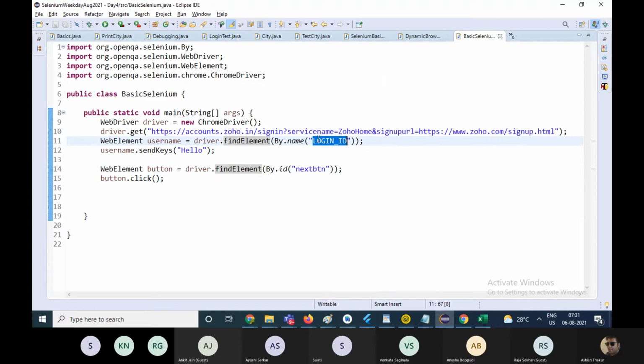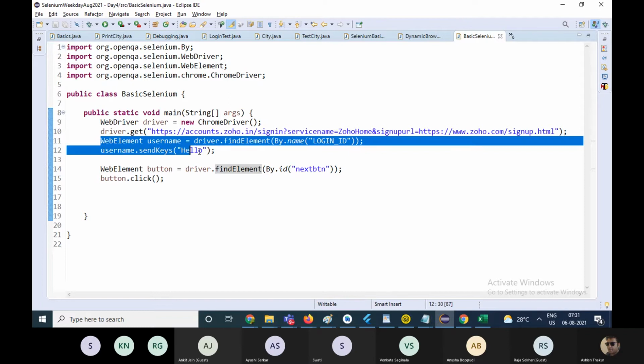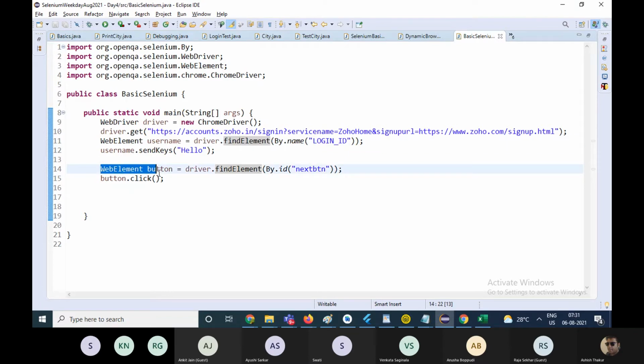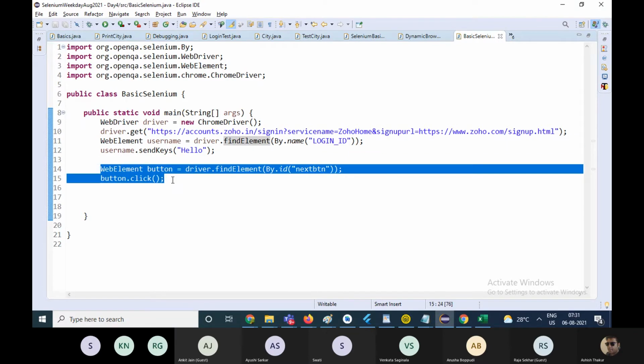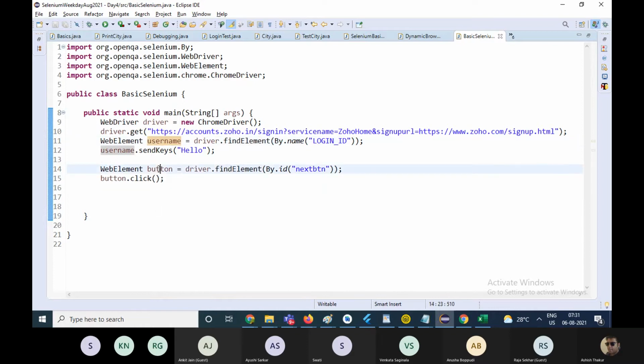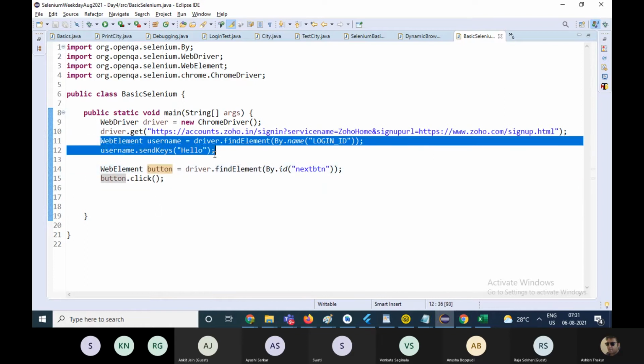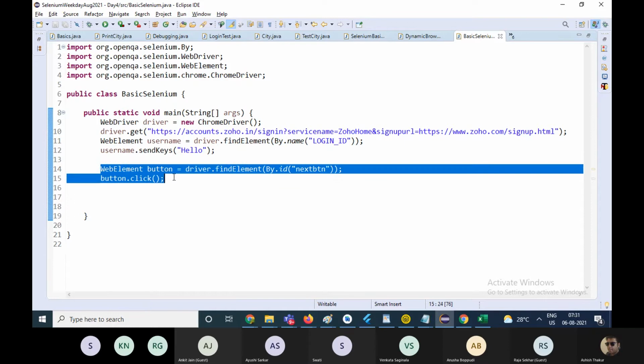Okay, now at times, you are actually over here writing two lines of code to interact with a single element on the web page. Okay, this is the username element and this is the button element. You are writing two lines of codes to interact with one element.